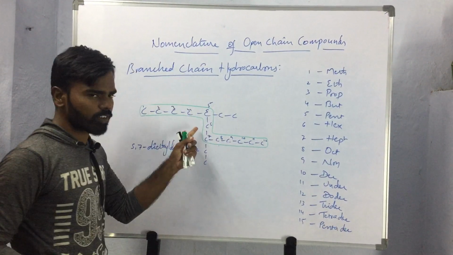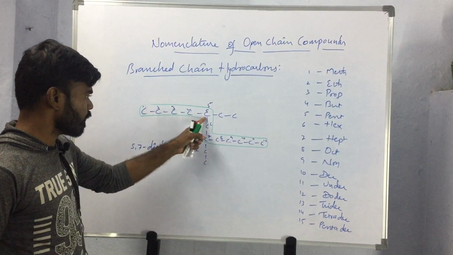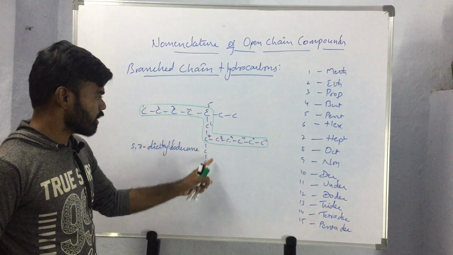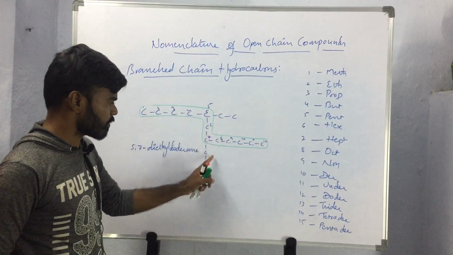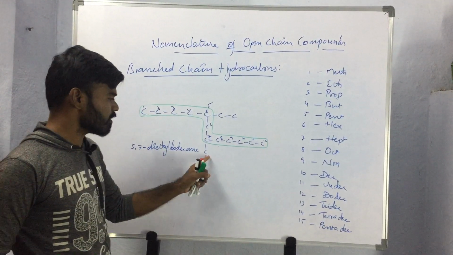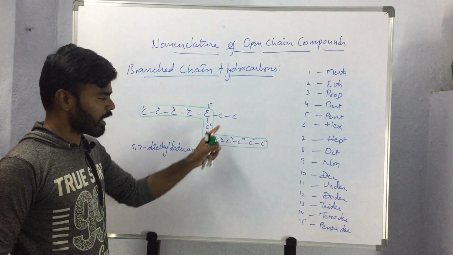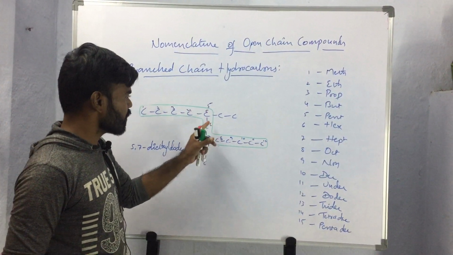The name of this compound will be 5,7 diethyl. That means on the 5th position and 7th position, ethyl substituents are present. Two ethyl substituents are present, that's why we are calling it diethyl. So the name diethyl indicates the presence of two ethyl substituents, and the position